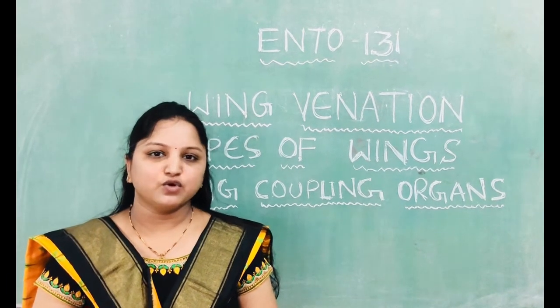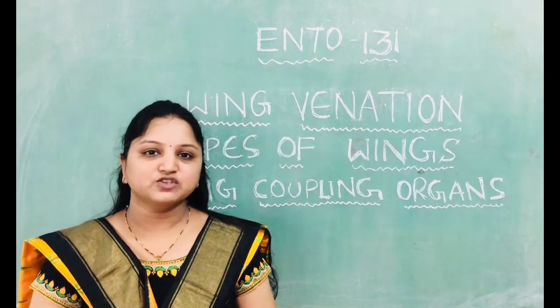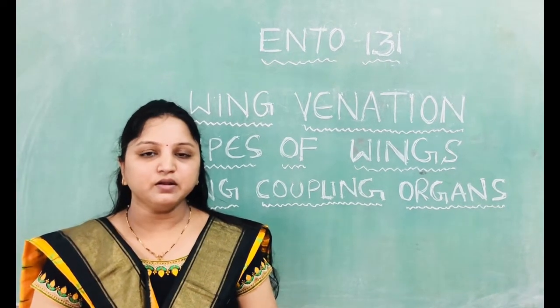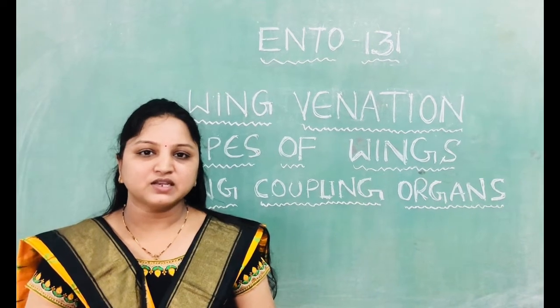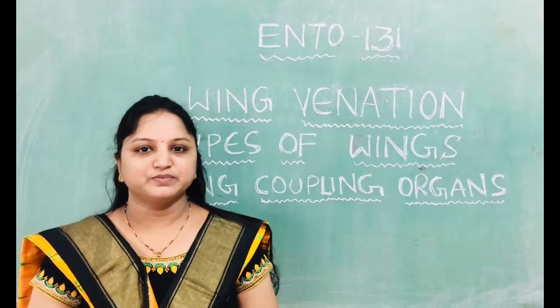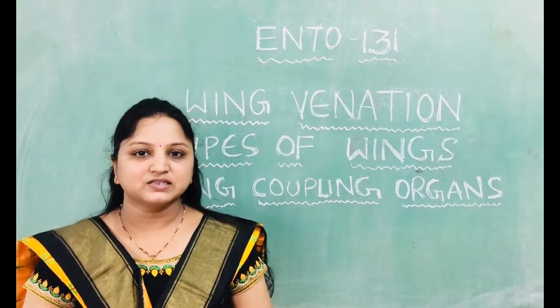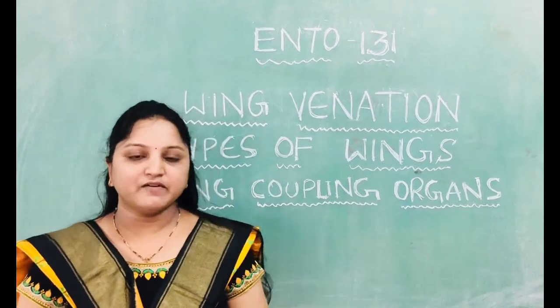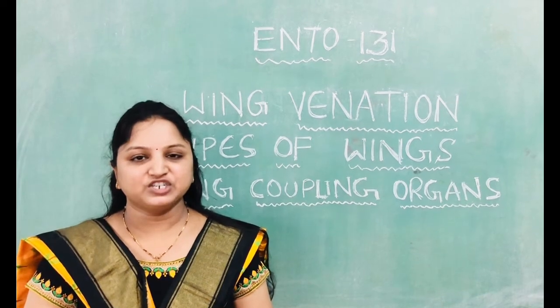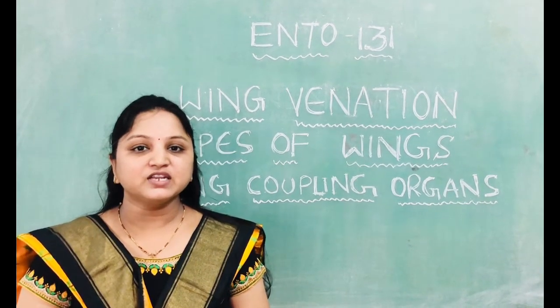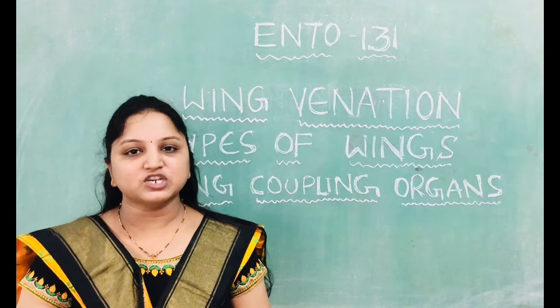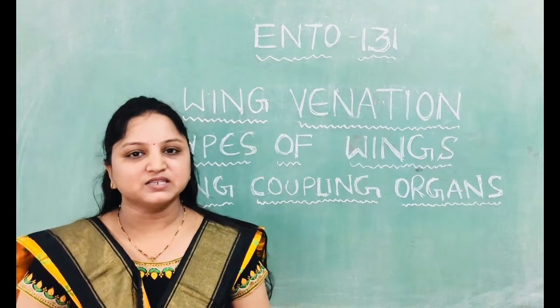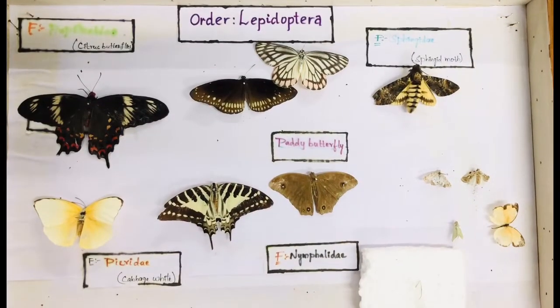Insects are the only invertebrates where you can see two pairs of wings on the mesothorax and metathorax. In some insects like Aetherogoats, wings are completely absent. In some adult insects, they are secondarily wingless. In some insects, wings are completely developed, called macropterous condition. In some insects, there are various degrees of development of wings, and such a condition is called brachypterous condition. You can see various types of insects.